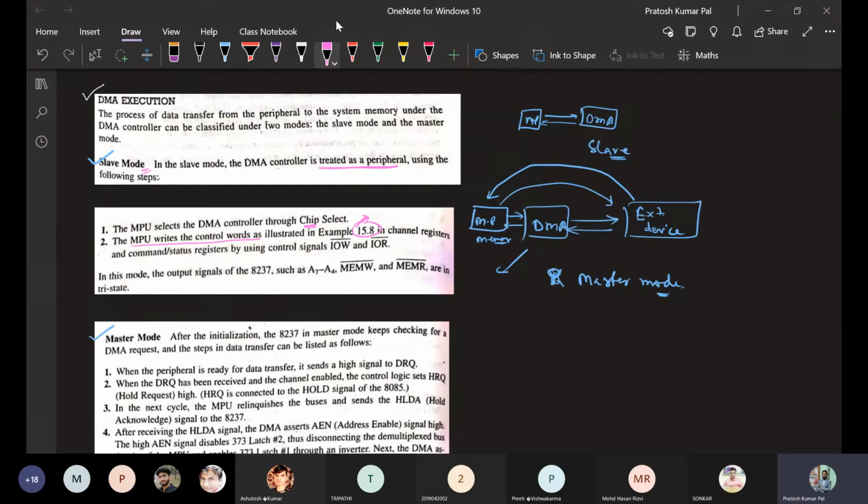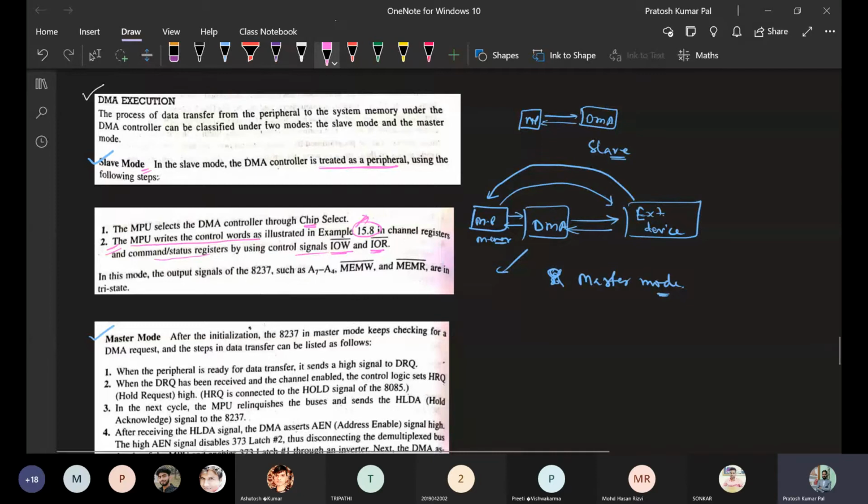It will just be storing the control data given by the microprocessor. The microprocessor writes the control word in the channel registers and command status registers, using the control signals I/O read and I/O write. So that mode is considered the slave mode.